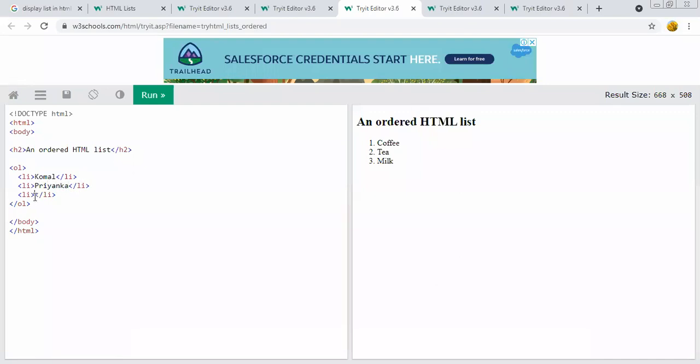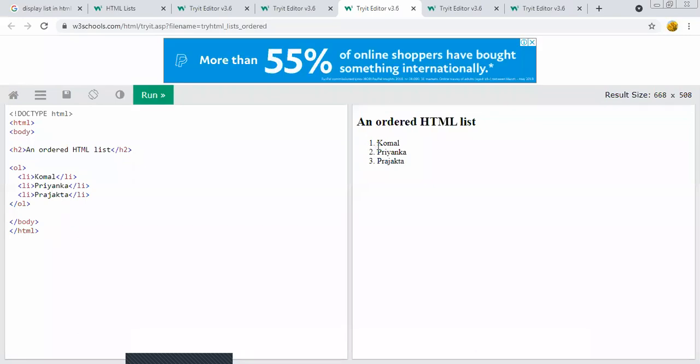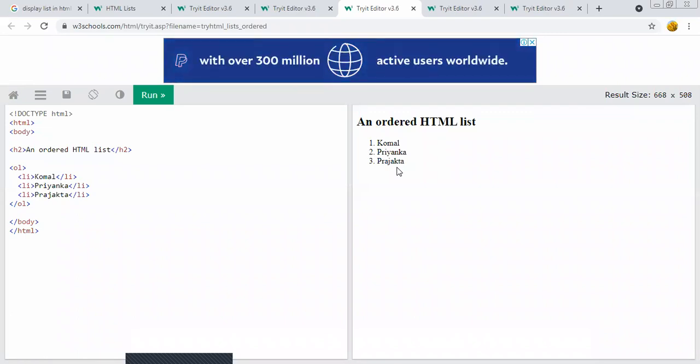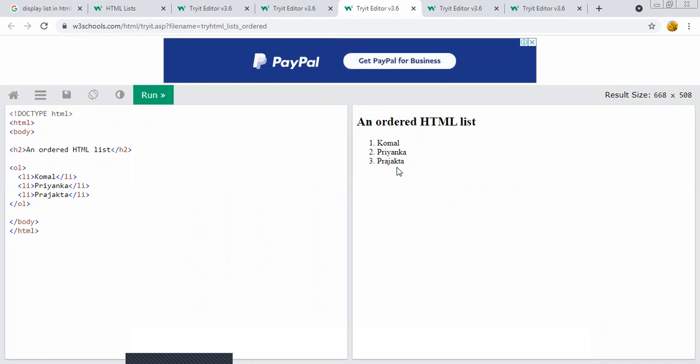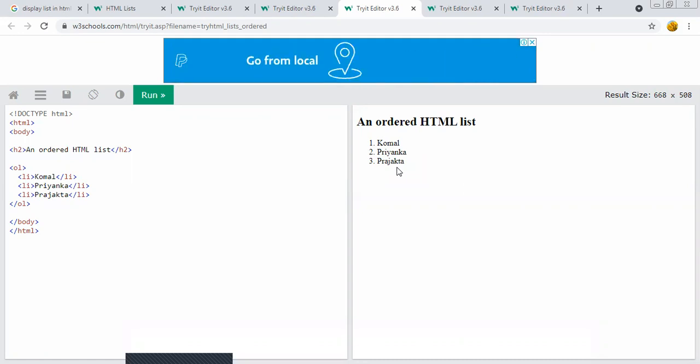After that, we have to enter the closing tag. So whenever we run that program, here is the output of the ordered list, which is the particular list having the numbers. The OL tag has an attribute type which is used to specify the type of numbers for the list items. The default type is 1, which displays the numbers according to the output shown on your screen.